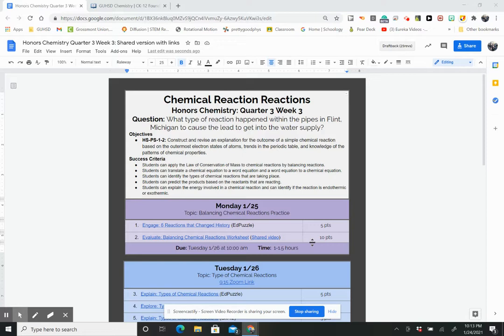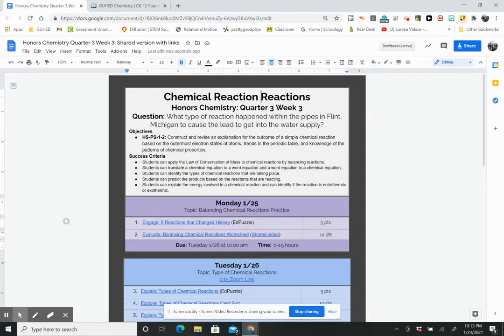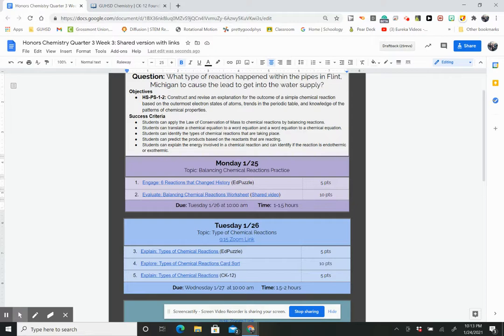This is the honors chemistry schedule, but it's going to be the same schedule for college prep chemistry. You guys are just going to have different assignments. The assignment titles are even going to be the same, but your assignments are going to be different from each other. So this week, we're going to continue with our discussion on chemical reactions, and we're actually going to